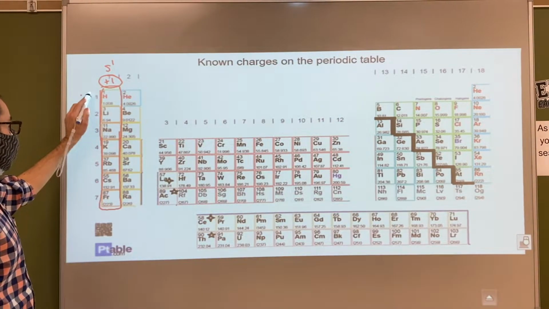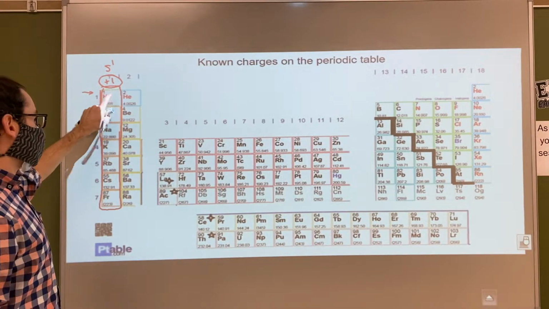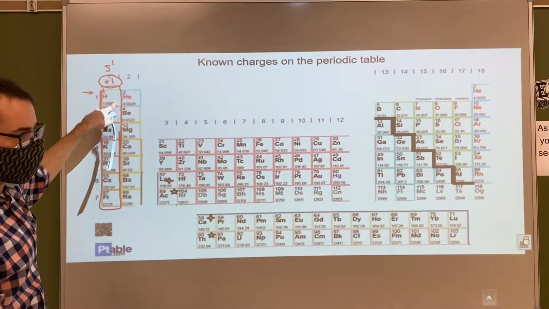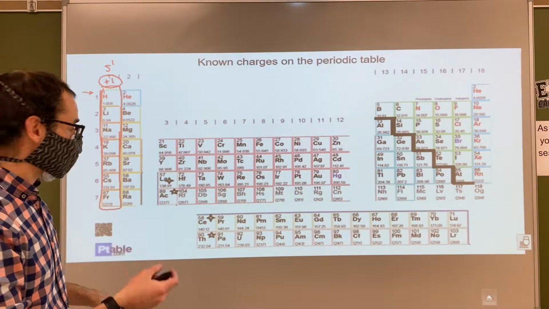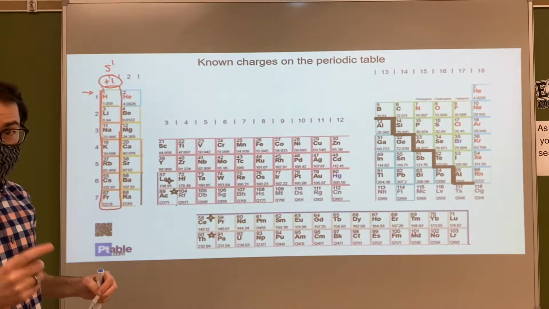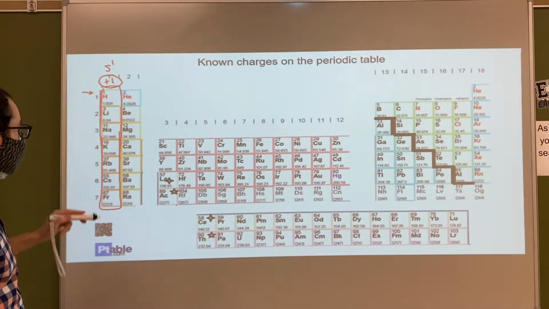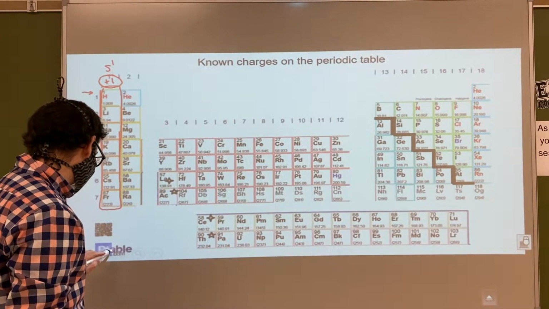Now, you can see that hydrogen is going to be an exception to that, because once it loses its one and only electron, it's not going to be isoelectronic to a noble gas. But for everything else in here, if it loses that one valence electron, it will become isoelectronic to the noble gas before it. Similarly, in group 2,